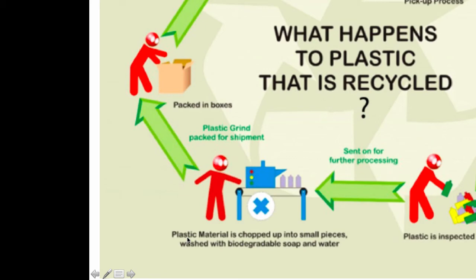You guys have come up with a plan of how to sort out the landfill, but I want to talk to you about what happens once you've sorted it into plastics, paper, and so forth. So we're just going to focus on plastic right now. And so basically what happens is